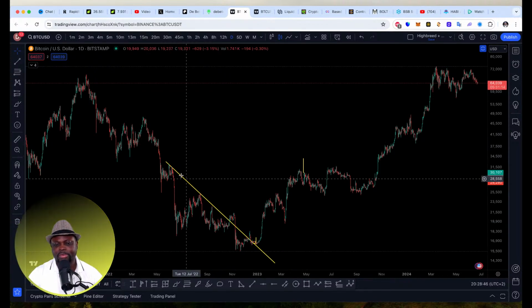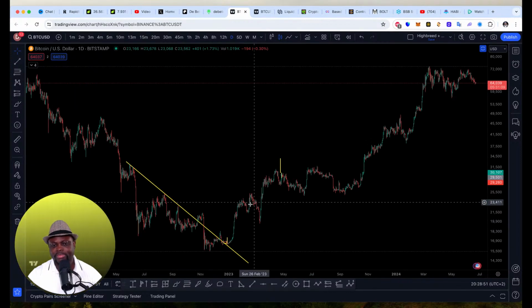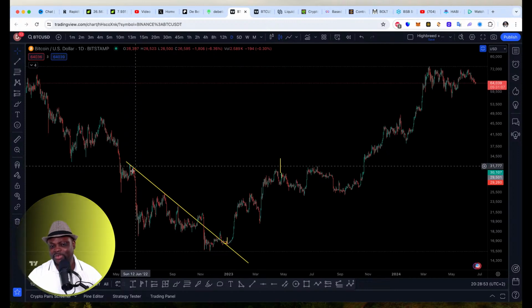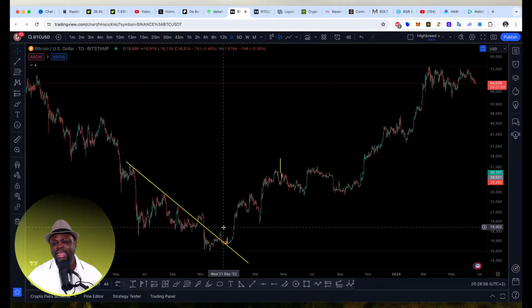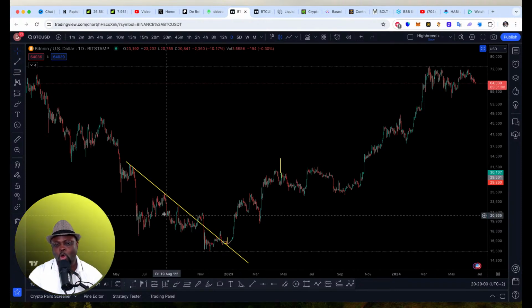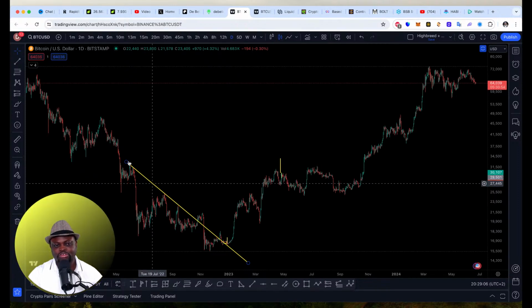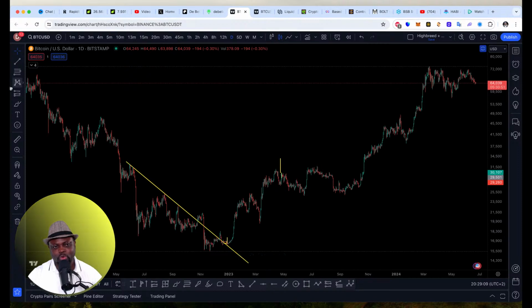Now, I drew this trend line. I want to believe you're seeing this clearly. Back then, I drew the trend line, and what the trend line does is it helps you to understand if or when the market is about to break trend, right? So you can draw this trend line here. You just go to this indicator.